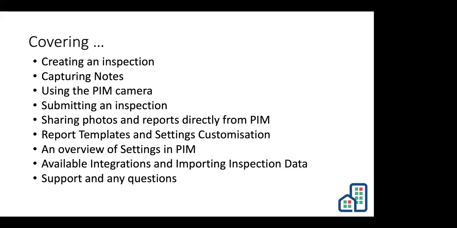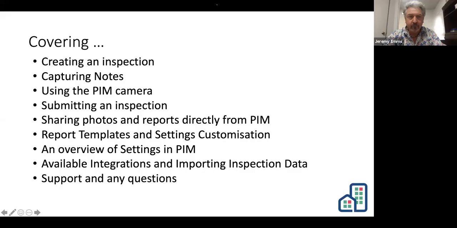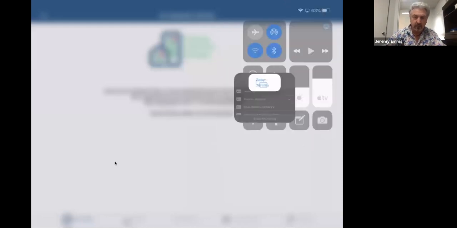I'm just going to flick out of this screen, stop sharing this one, and move to sharing my iPad screen. So there could be a change now, so you should be able to see my iPad screen.